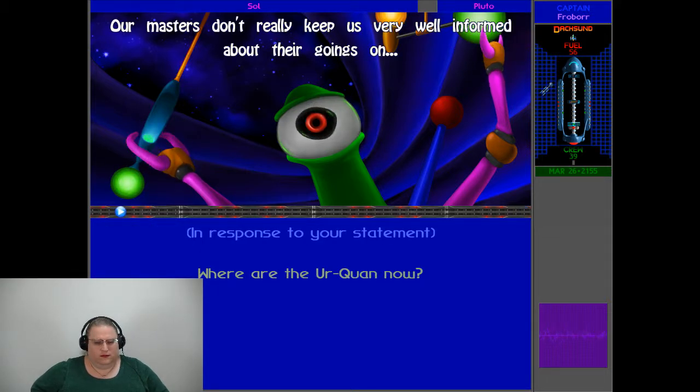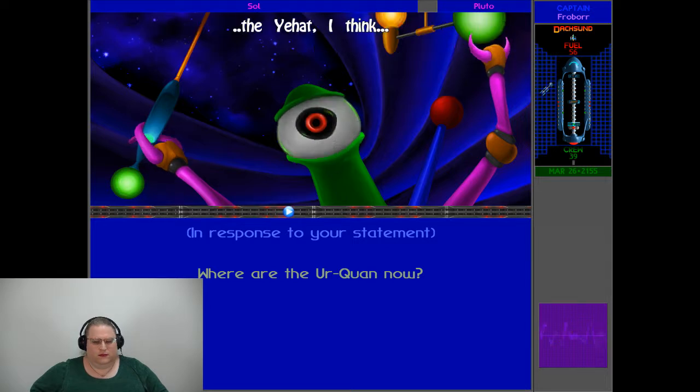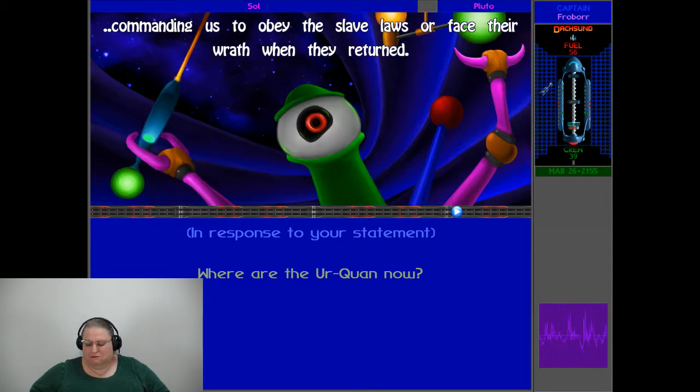Our masters don't really keep us very well informed about their goings-on, so that all we know is that immediately after the subjugation of the last alliance race, the Ur-Quan started their dreadnoughts and departed for the edge of the galaxy, sending us to a very destabilized